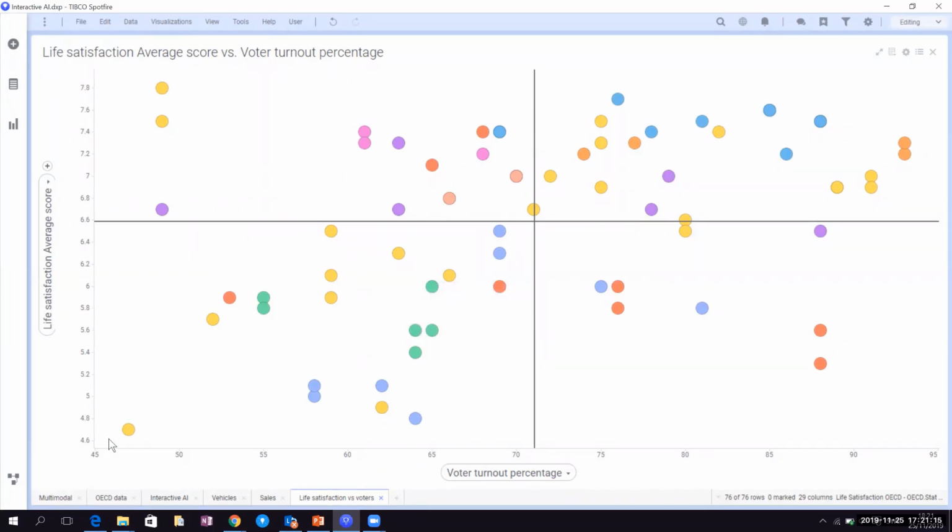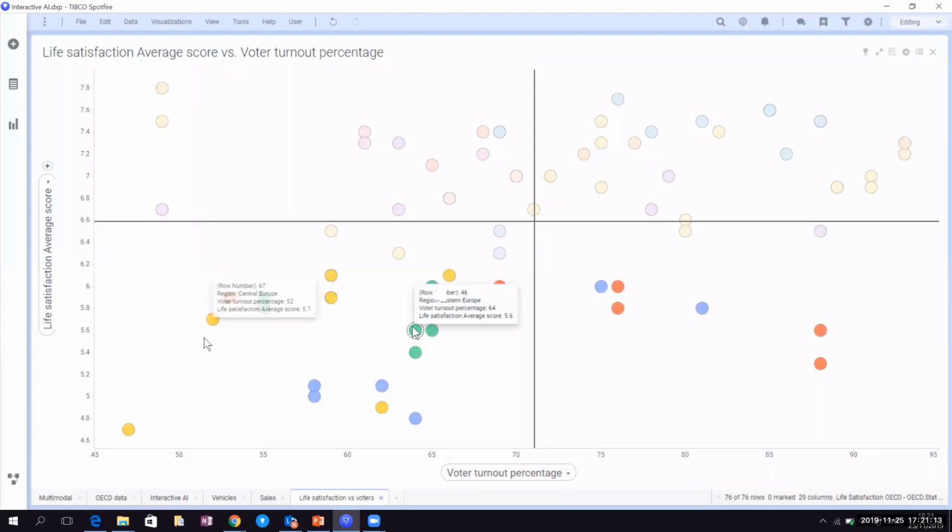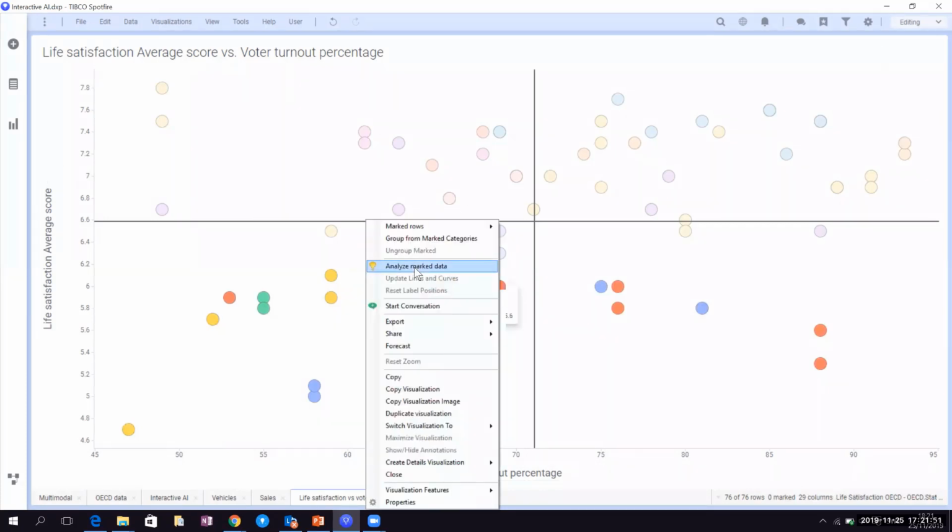So if we look at the lower left quadrant here, that means it's countries where the population is less satisfied than in other countries, and also do not turn out to vote as often as in other countries. So if we mark these countries, for example, that represents really countries where people are less satisfied and don't vote. So if we let the Spotfire Insights engine analyze it,